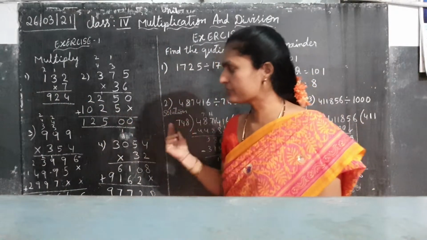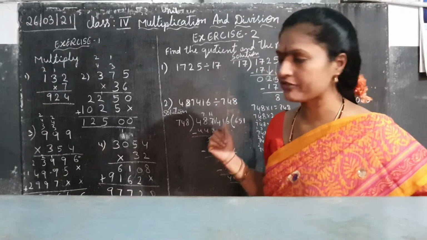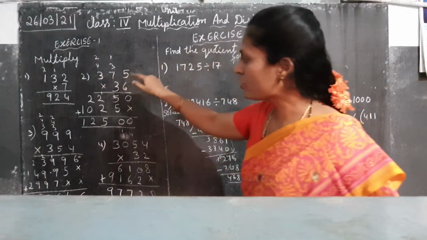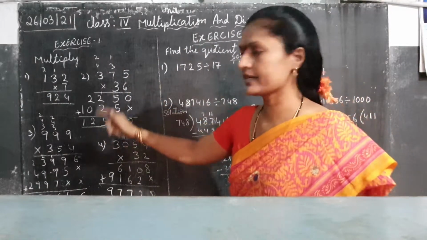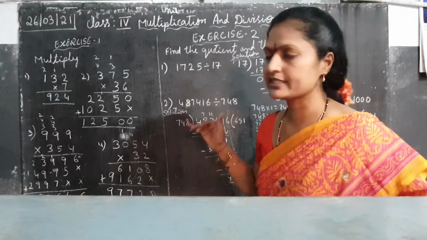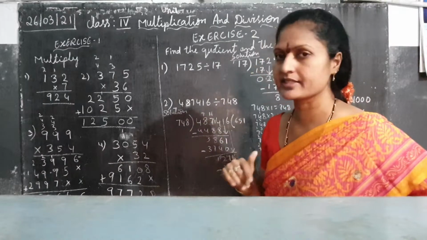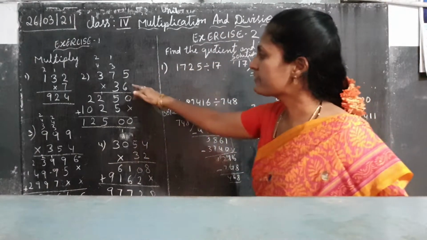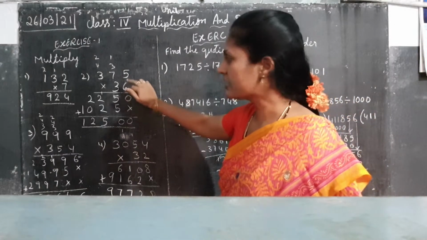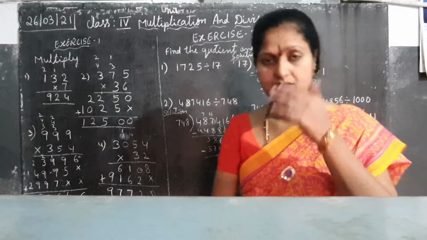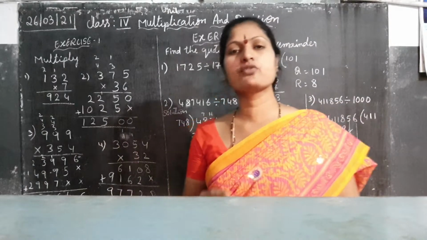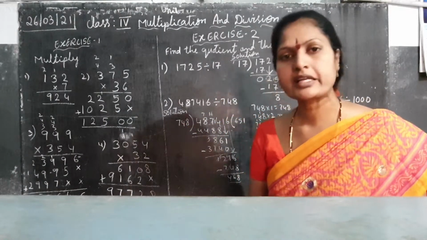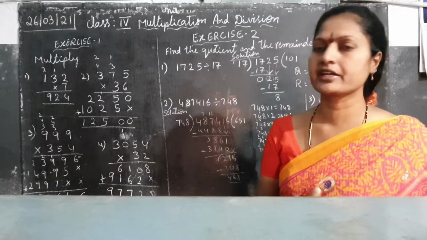Now we have to multiply by a 2-digit number. I will explain how we have to do it. See, on top we have a 3-digit number, 1s, 10s, 100s, and we multiply by a 2-digit number, 1s and 10s. First we always start with the 1s only. Then the 6 table is there, which you have to learn, children. Every day you have to write 1 time table, 2 to 20, 1 time every day.